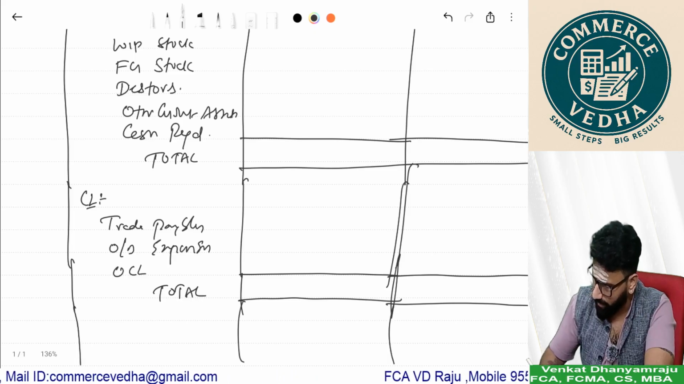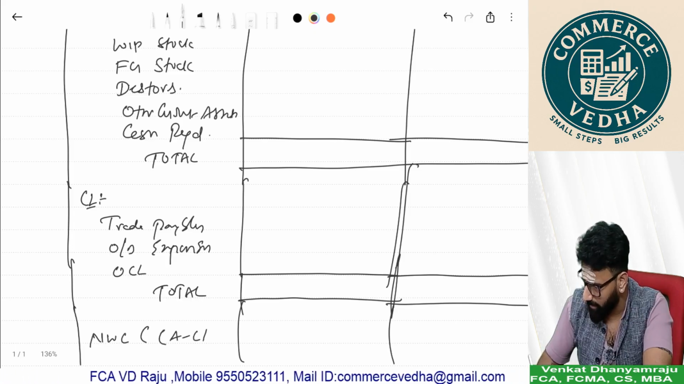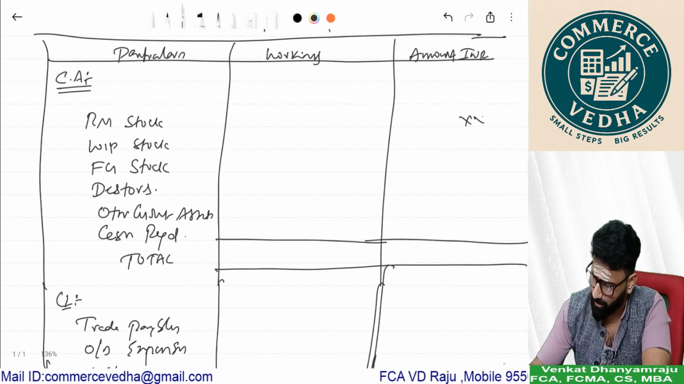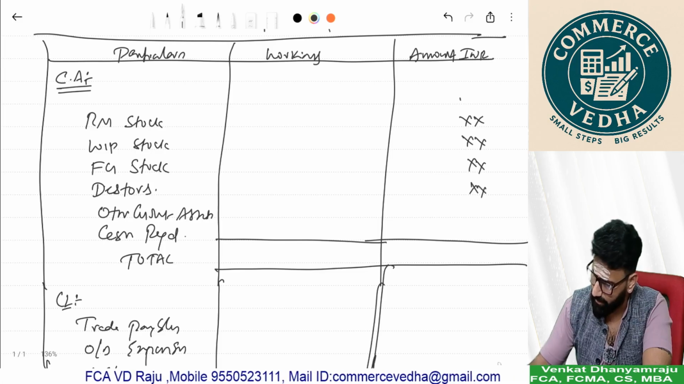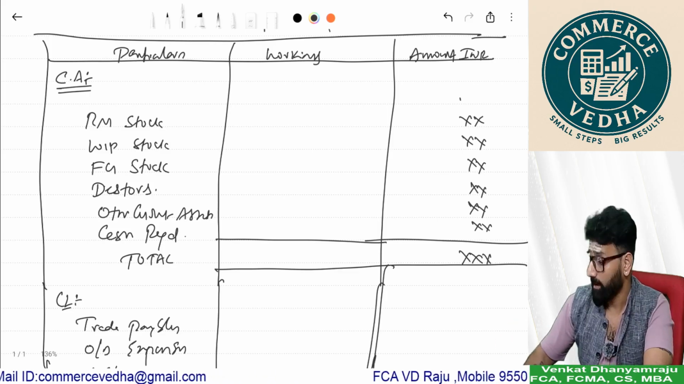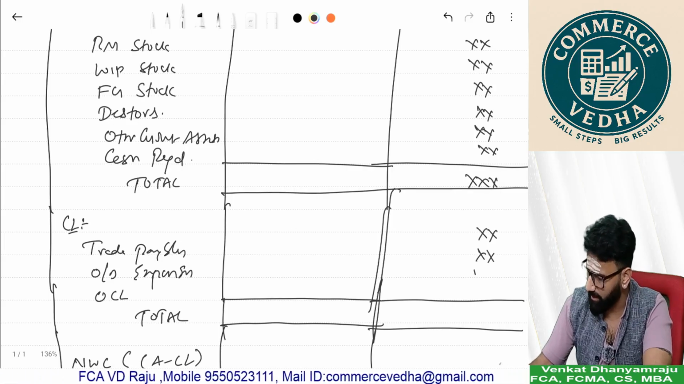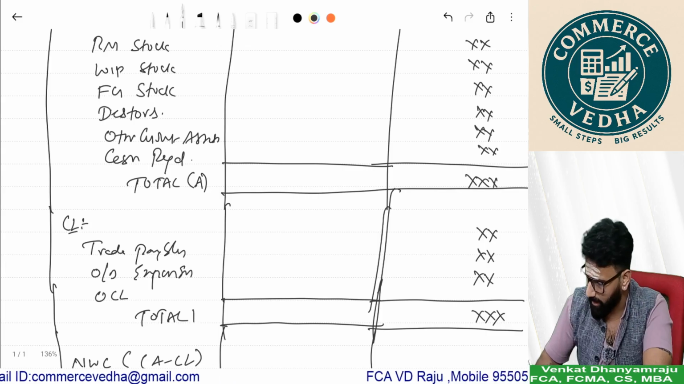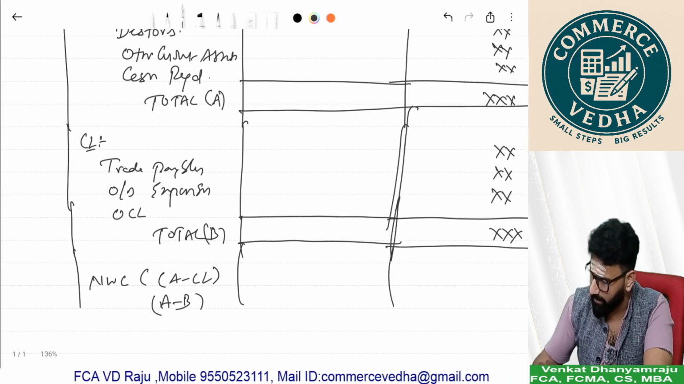And now what we should write is net working capital, CA minus CL. If you write here your finished goods stock, raw material stock, work in progress stock, debtors, other current assets and cash, you will get the total of your current assets, and your payables, outstanding expense, other current liabilities, the total. And if I call it as A and if I call it as B,